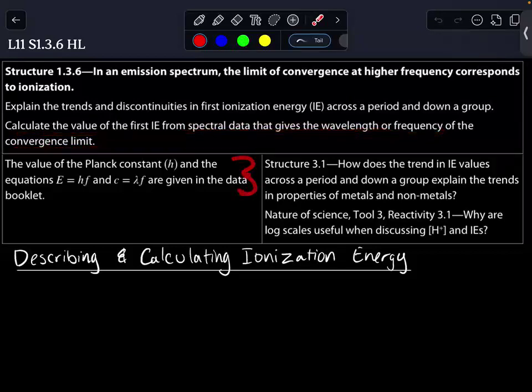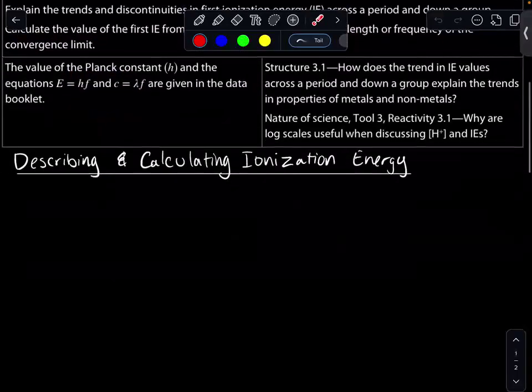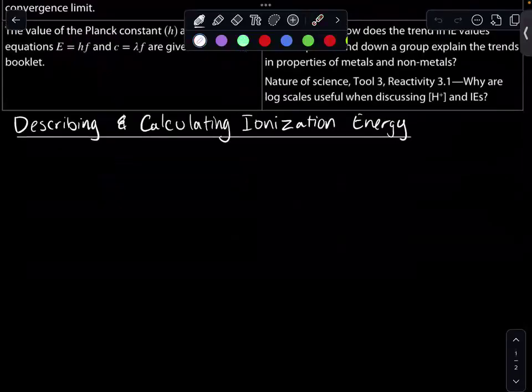We're going to be using some stuff such as the value of Planck constant and the equation E equals hf and c equals lambda f. And those are all within the data booklet, so you will not need to memorize them, just know how to use them. So as we move into our lesson, describing and calculating ionization energy,